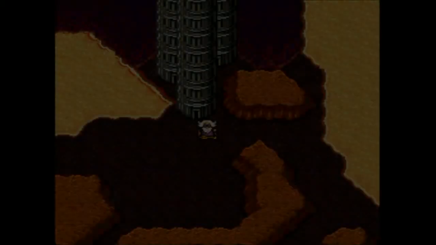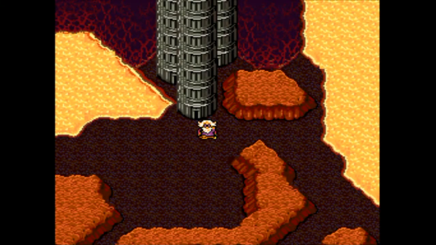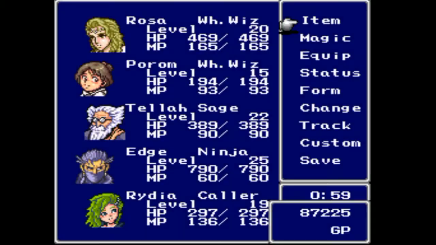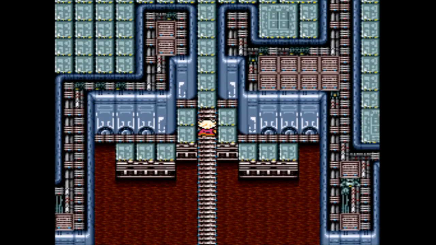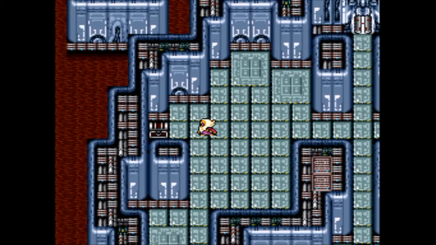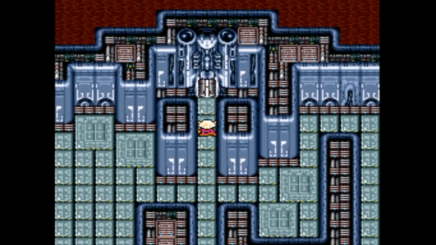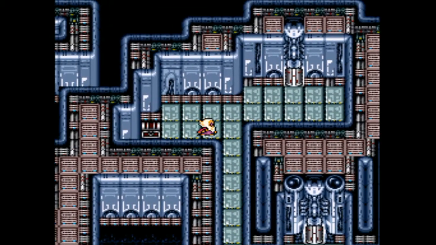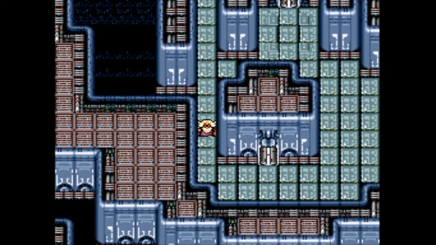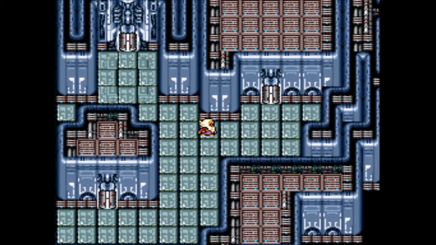Tempted for a short grind here. That'd be another option, I guess. We do have the ability to do either... Well, actually, wait. We're at 9 key items. So I think what we're going to do is we're going to head up the tower and do...